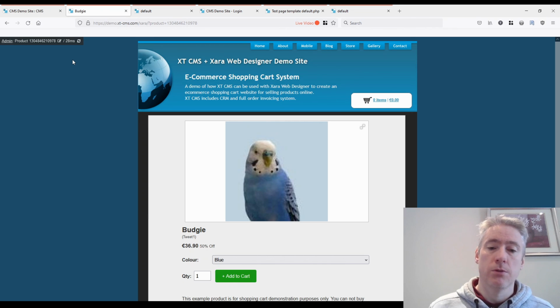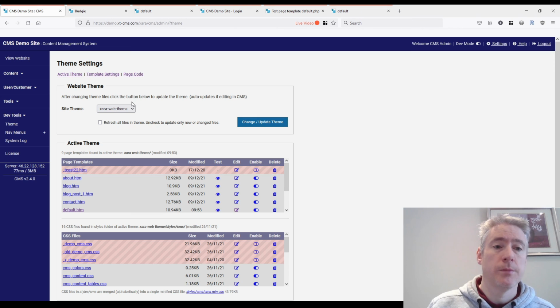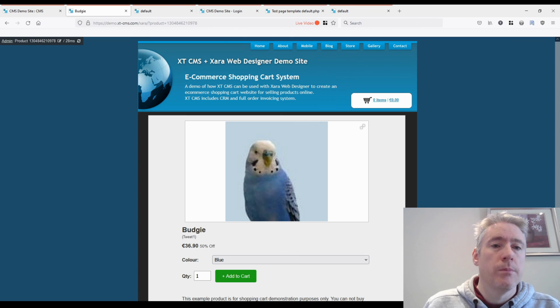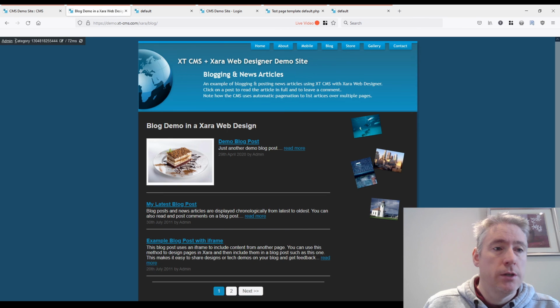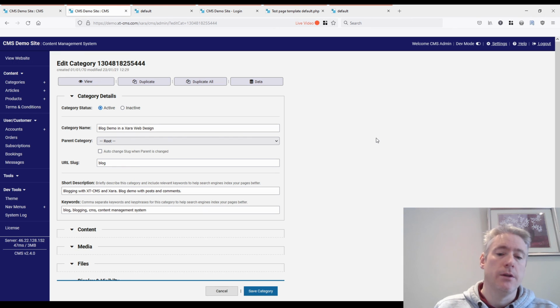So whenever you upload some changes to your templates, just click this button, or from the admin area, just after you do it, just come in here and click this button as well. This is a really handy feature now, for whenever you're working on any page, you can just quickly go in, view what you're looking at, and edit it easily through the admin area.